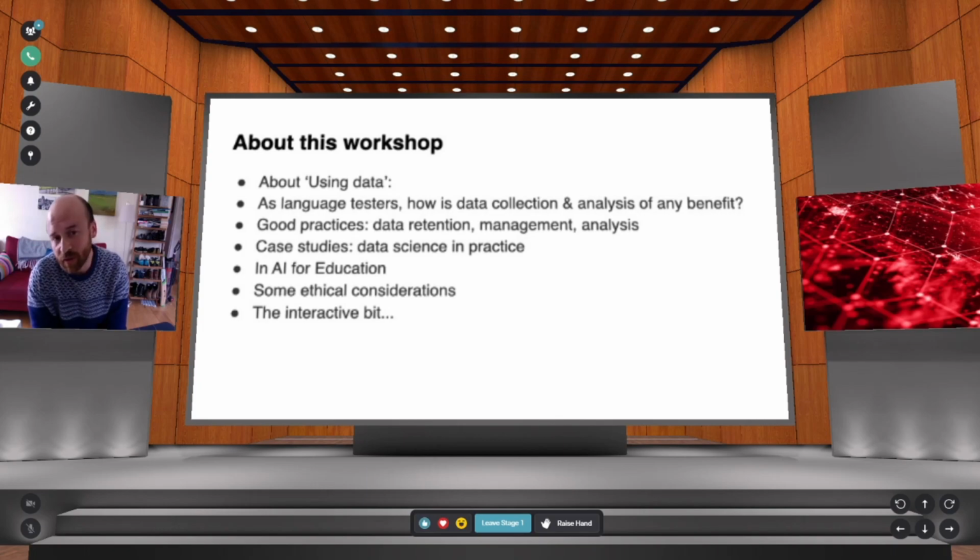Also, I'll look at some good practices in terms of data management, and also some case studies of data science in practice, and some of the things we tend to do in our research in Outer. And then also setting this in the context of AI for education, which hopefully follows on nicely from what Mark was talking about.